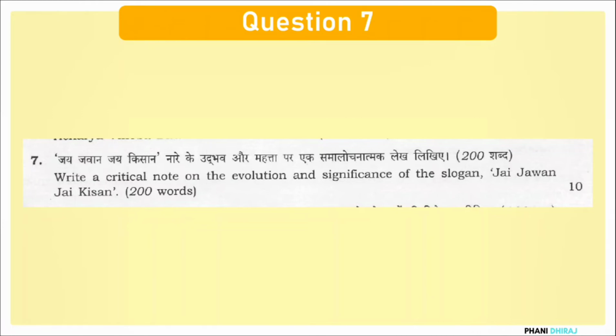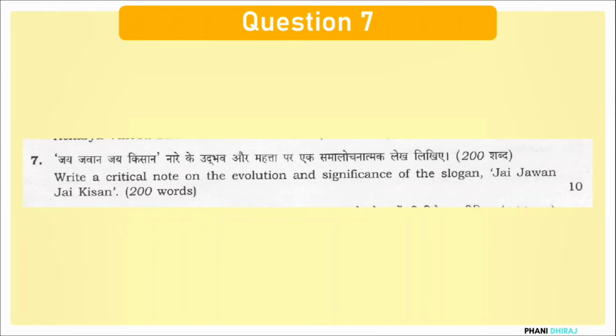Because it talks about the green revolution at a point of time. It talks about the soldiers because they were supporting or defending India continuously, and not only that, it also signifies the role of Indian farmers in Indian society. So you have to also point out to the fact, remember this was given by Lal Bahadur Shastri in the year 1965. Later on in 1998, after the Pokhran nuclear test that India conducted, Prime Minister Atal Bihari Vajpayee ji